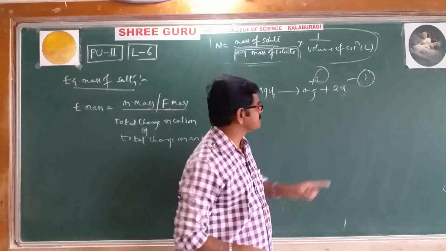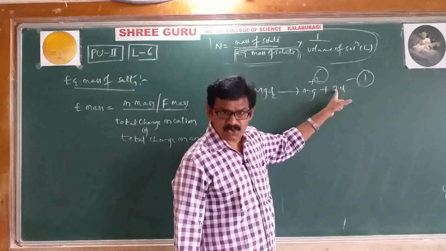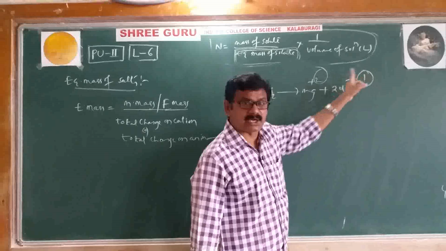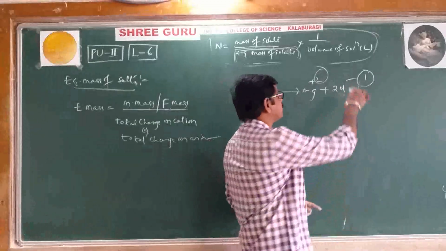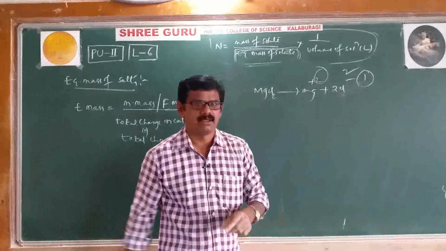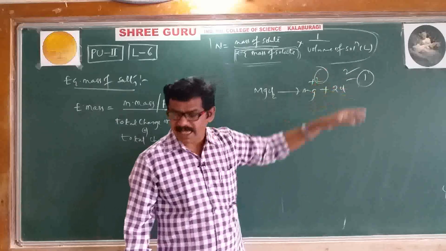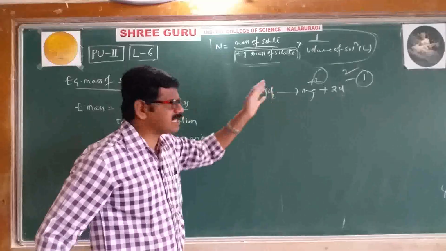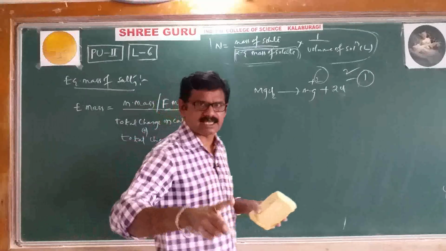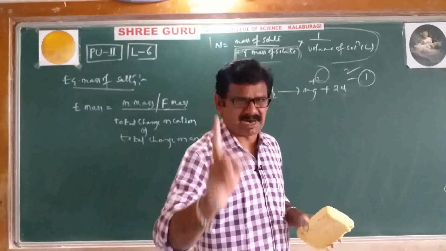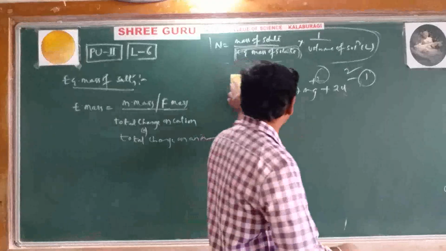No. Why? Because there are 2 anions. 2 into 1, of course 2 only. Okay? Of course 2. The cation is 2 and the anion is also 2. Like that. Any salt you take, cation total charge and anion total charge must and should be the same.